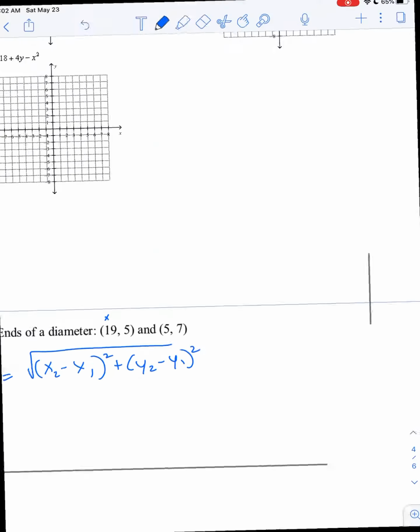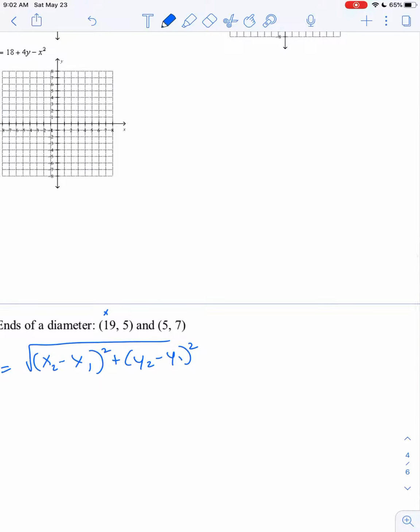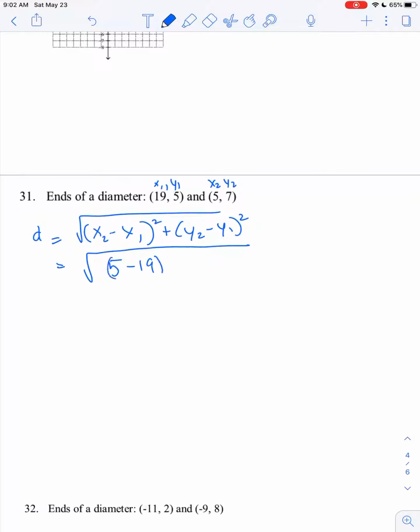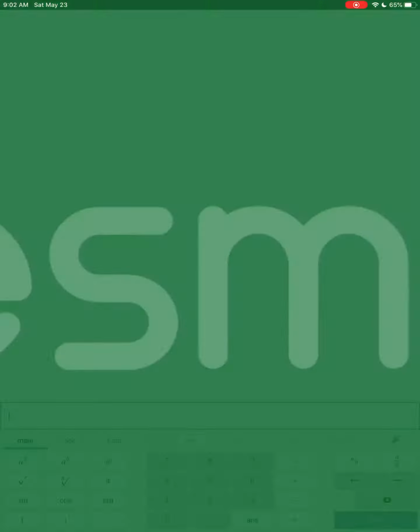And you would label your coordinate points x1, y1, and x2, y2. From there, you go ahead and plug it into the formula. So you have 5 minus 19 quantity squared plus 7 minus 5 quantity squared. So if you do the square root of negative 14 squared, so on your calculator, let's pull up Desmos scientific calculator